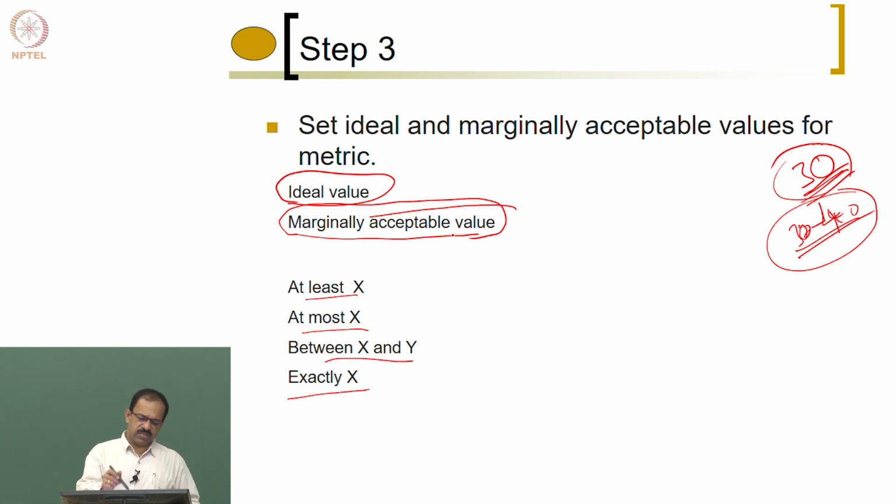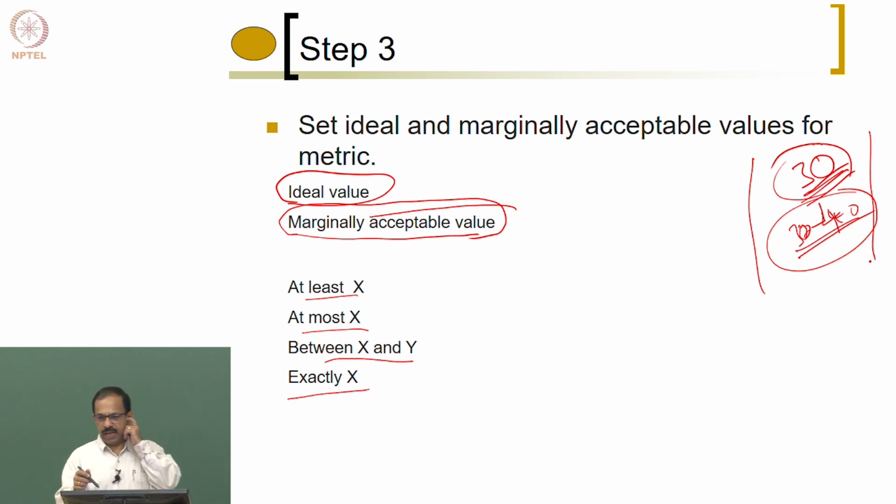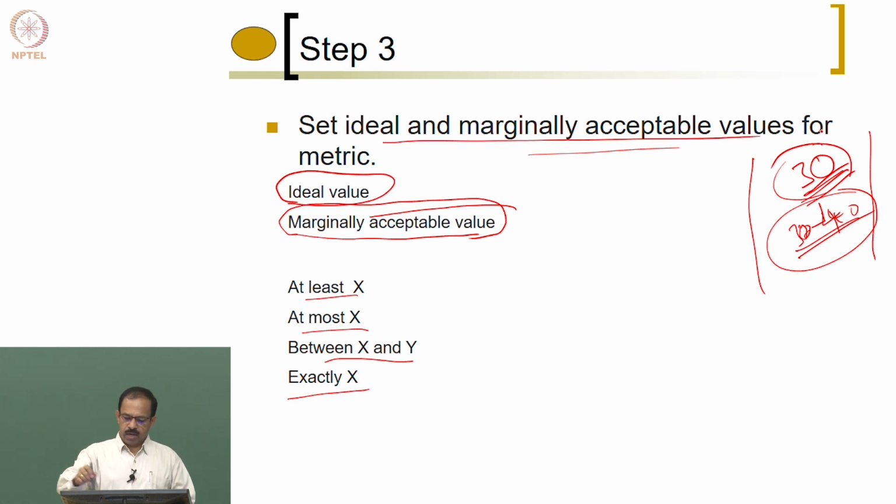Like this, for each and every metric you will have some value, and then you are saying, if I can meet these values in the design, then I will be able to satisfy the customers, because they came from the customer needs. So if I can meet these metrics or values, then I will be able to meet the customer needs. That is the fundamental understanding in setting these values: finally, if you meet these, then the customers will be happy with the product. So that is the ideal and marginally acceptable values for the metric.